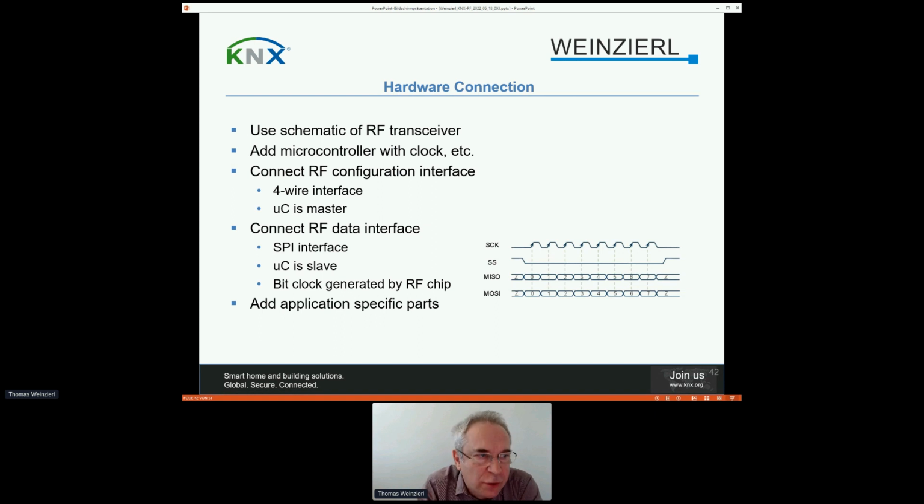For hardware connection, it's not very complex. Of course, you have to follow the instructions from the datasheet of your RF transceiver. Of course, you have to add the microcontroller clock and etc. The connection between the micro and the transceiver typically has two parts. One is a configuration interface, which is typically some kind of 4-wire or SPI interface, and typically the microcontroller is a master,